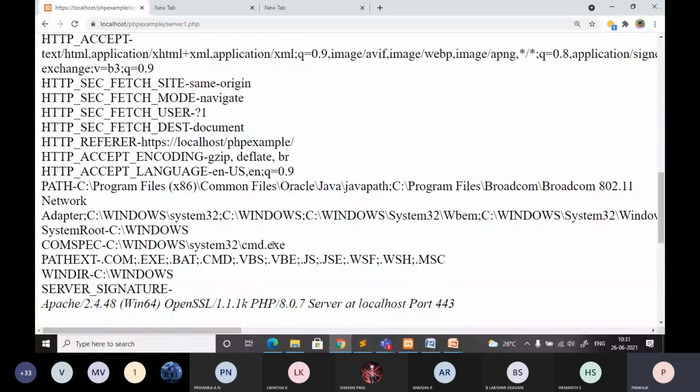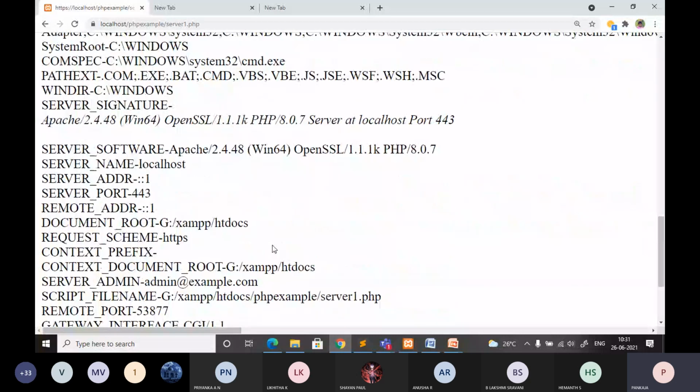You can see the server name, it is localhost. Server software: I'm using Apache. Then what operating system and what software version I am using. Then server address: here I am getting ::1.